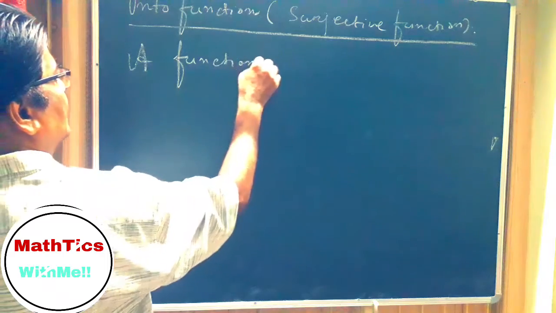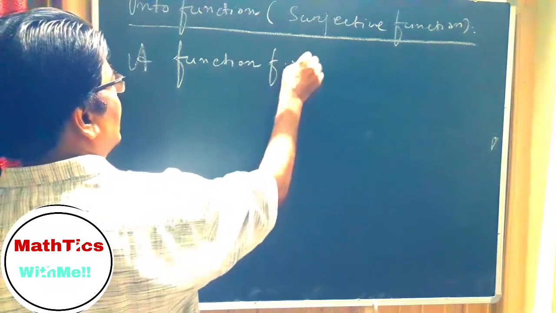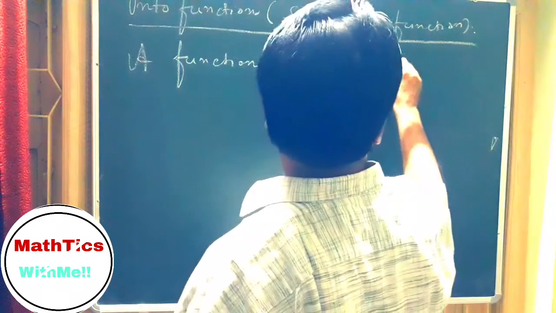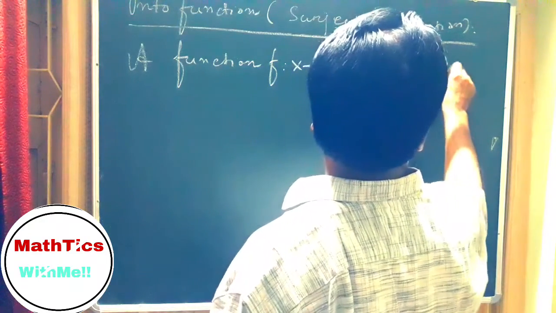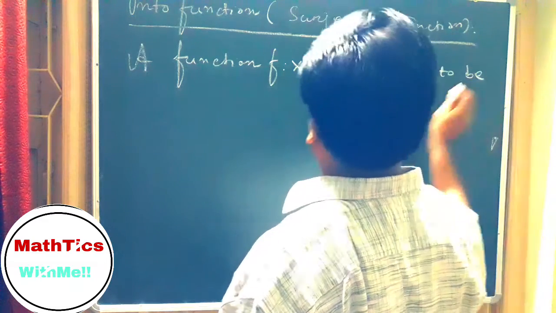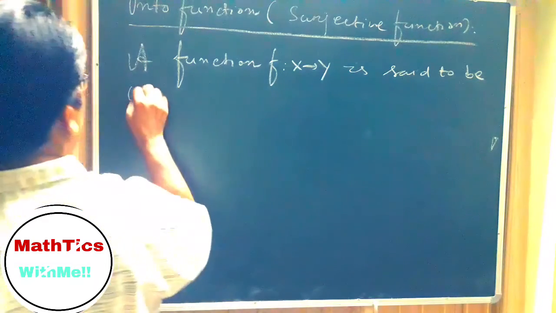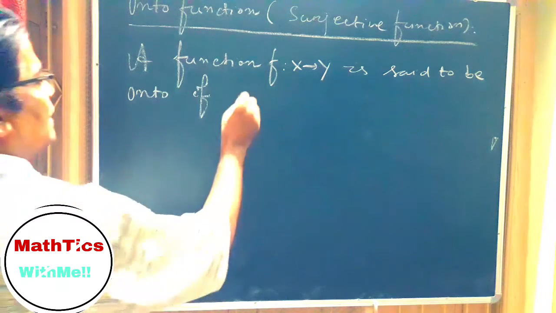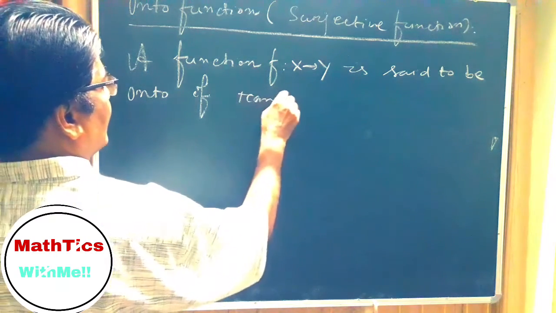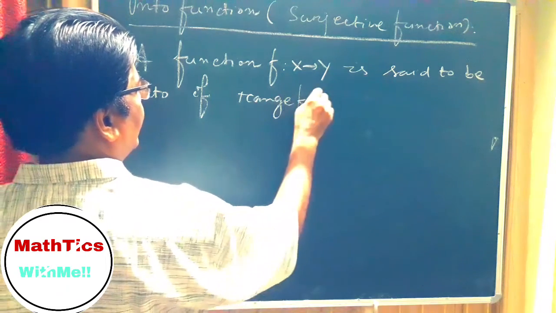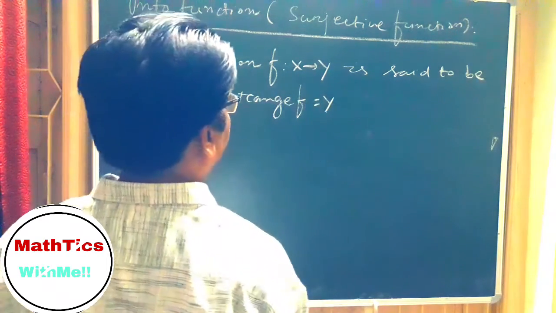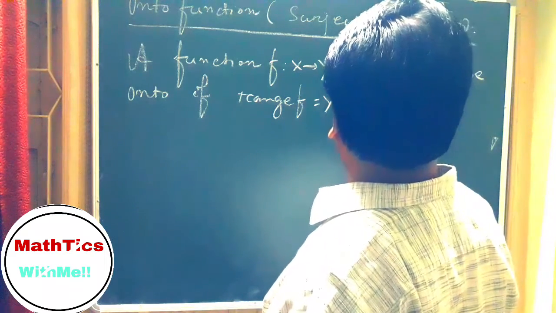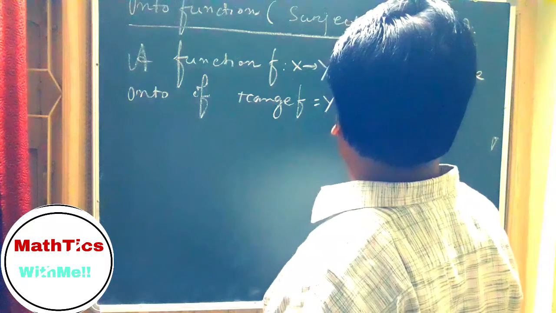A function f maps X to Y is said to be onto if range of f is equal to Y. What does it mean? That is,